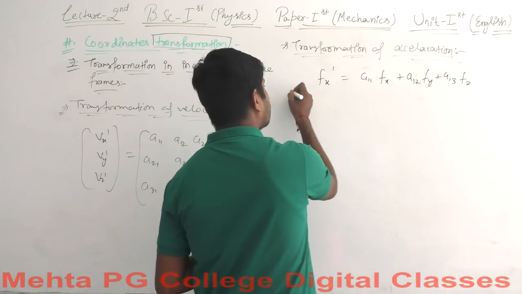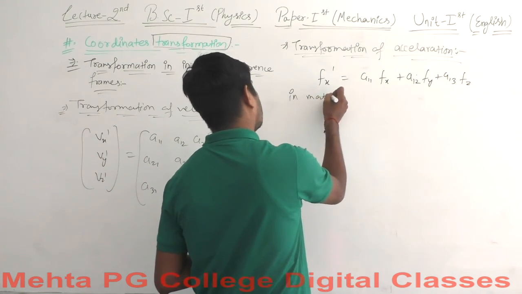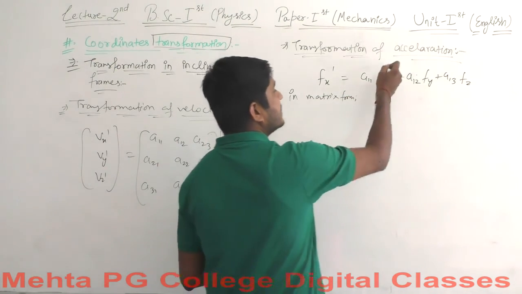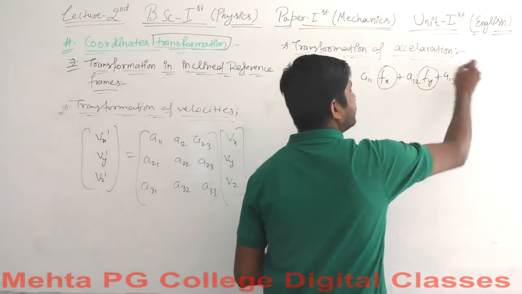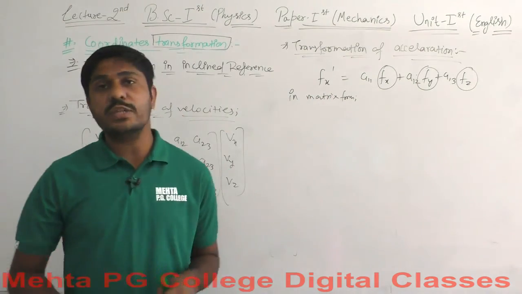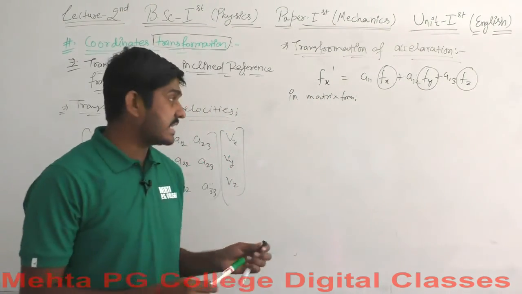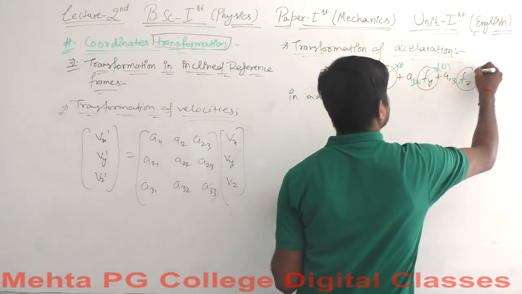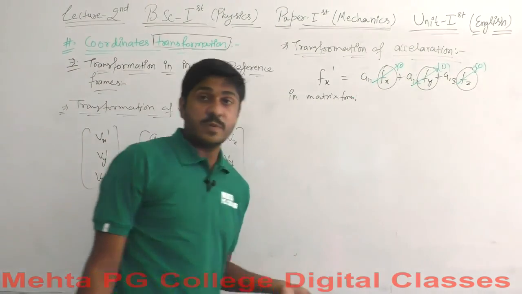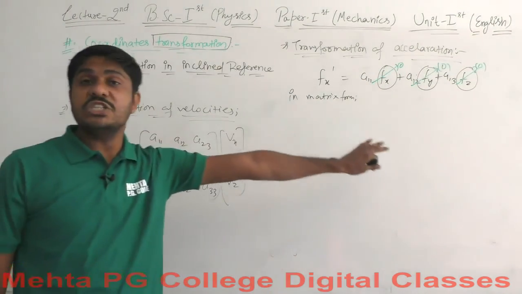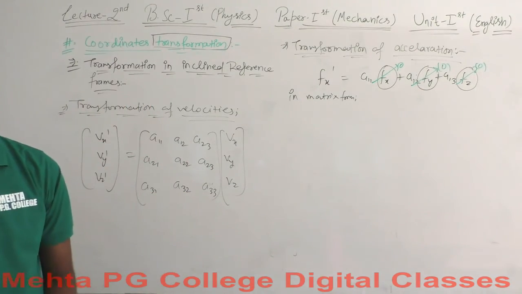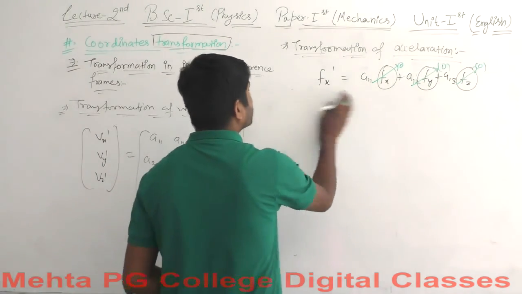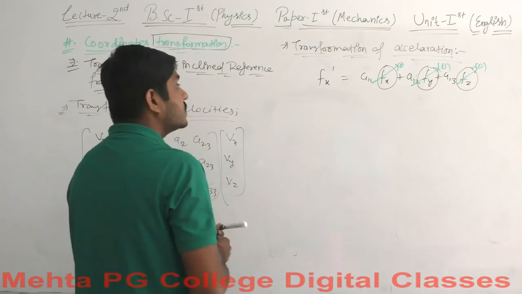Similarly in matrix form, what will we have? You know all these values: the acceleration in the x direction, the y direction, and the z direction, all these values approach 0. That doesn't mean the acceleration may or may not exist; the acceleration certainly will not exist. So we do not need to go through the matrix form.